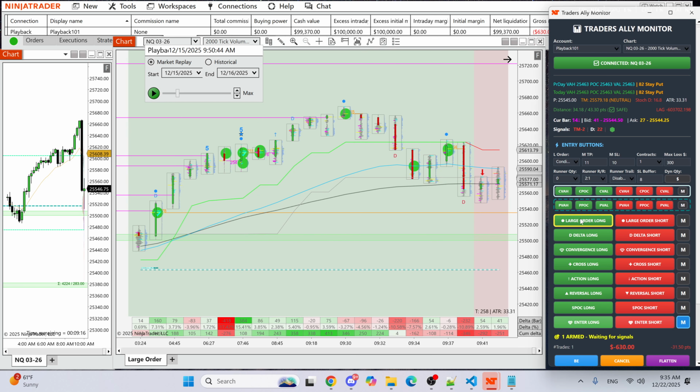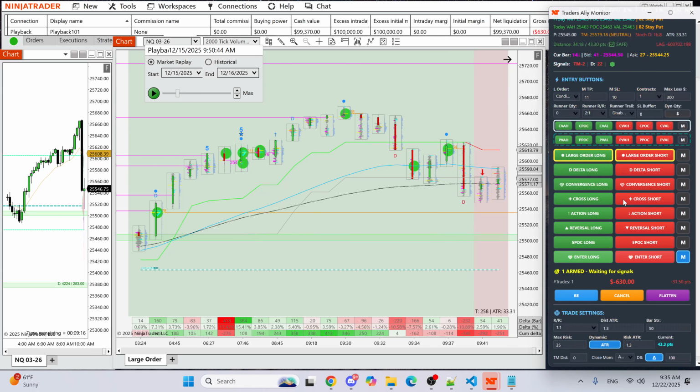So the idea, let's say for the large order, we want to see this bar, see this green circle. It's an unconditional large order, and large order is also explained in documentation, but basically